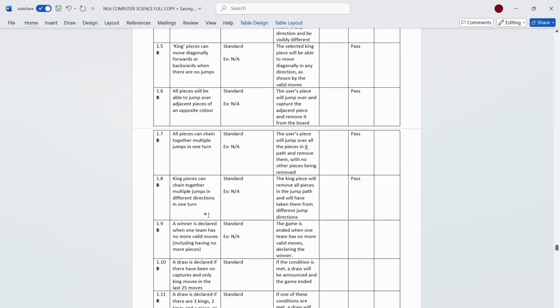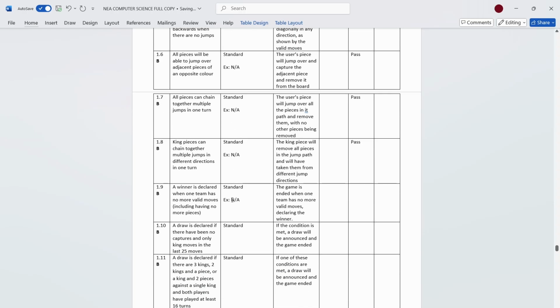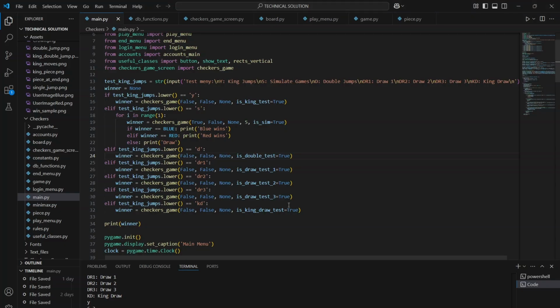So this test has been passed. For the 9th test, a winner is declared if no team has any more valid moves, including having no more pieces. For this test, I will play out a game and show that a win is declared when one team has no more valid moves. So if I boot up the game,